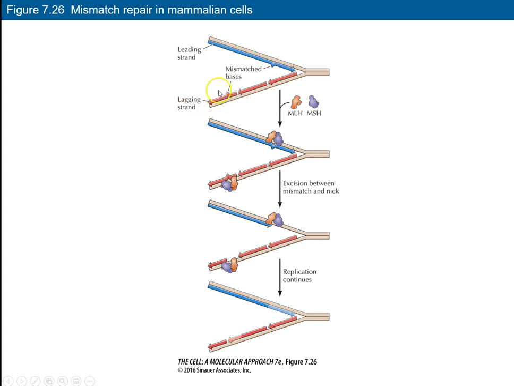Okay, so this is what this is showing you here, right? You can identify these mismatched cases because of these small nicks that are believed to be in the newly synthesized strand. And again, homologs, so that's why they're called MLH, because the H says it's human, compared to the E. coli version of these proteins, the same idea. One will come and recognize it, recruit other enzymes to the area, which will cleave out the mismatched section of DNA, and then it will be filled back in,